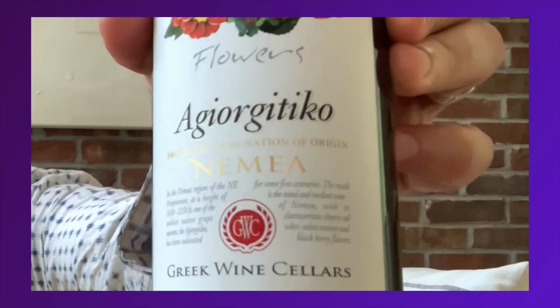But sort of like the Riesling problems, right? Greek wine labels can be intimidating because it's almost another language. But if you just look for Nemea on the label as a region, it's a protected designation of origin. Now, the PDO doesn't guarantee that you'll love the wine, but it does make your chances of success much higher, as it's a stamp of quality and something that a winery has to attain. They don't just give it out. Hopefully you'll see Agiorgitiko listed as the grape, as you see on this label. And some producers may mention it's reserve, right? Reserves are going to be bigger,